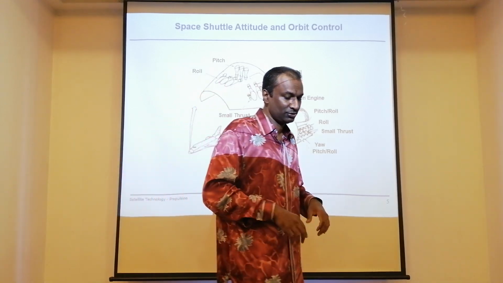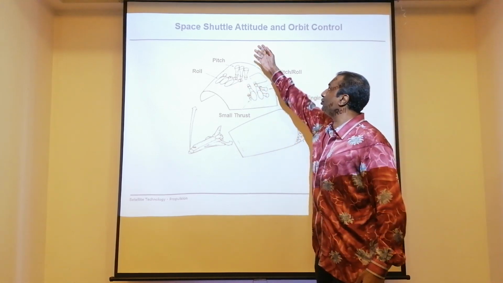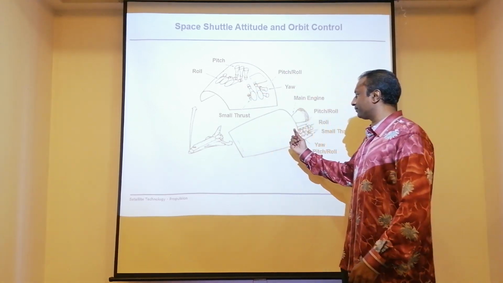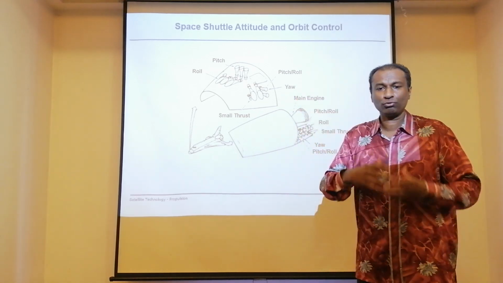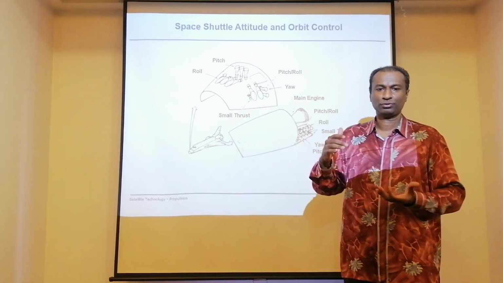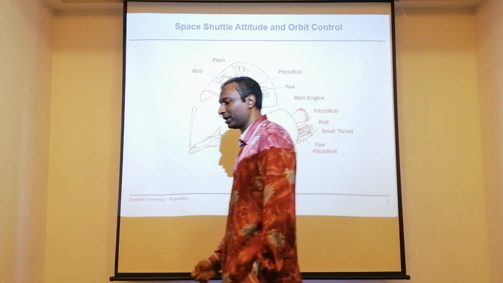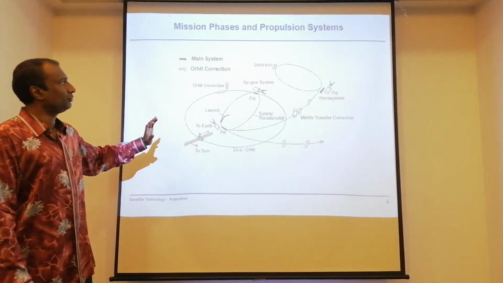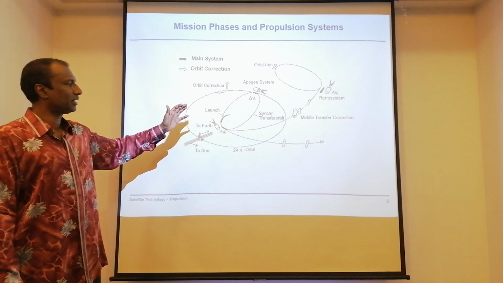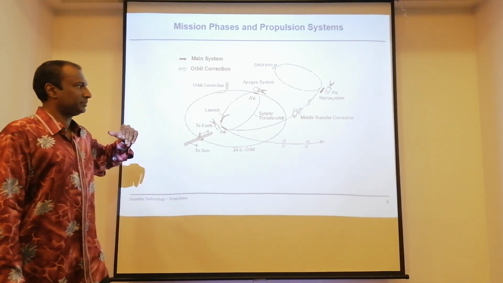So that's how you start using the thruster systems, whether for attitude, which, as I've said, is the rotational motion, or orbit control, which means orbit is a translation motion. So there are two functions that the propulsion system can give you. Got it? Now this is just to tell you how, if you look at a spacecraft mission,